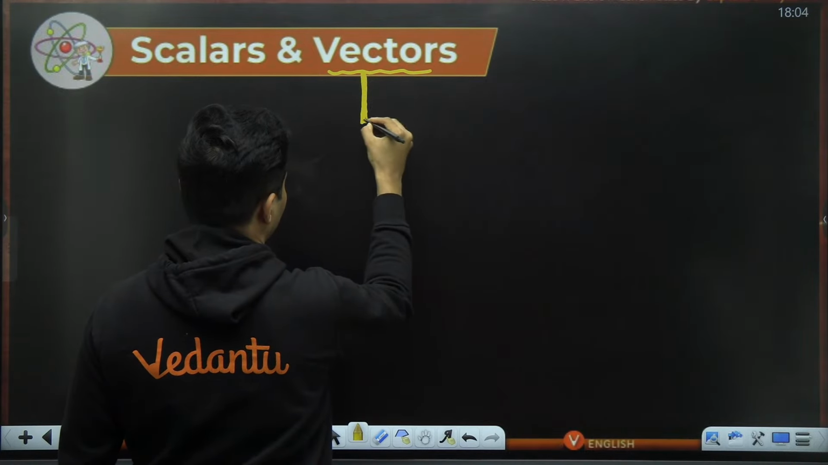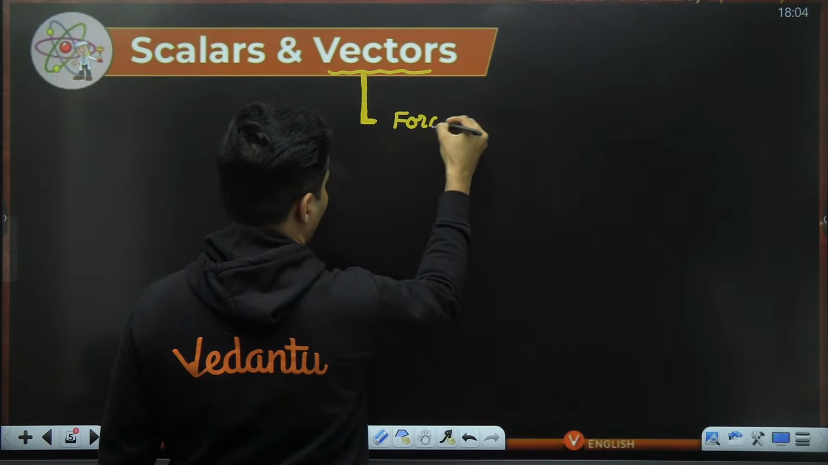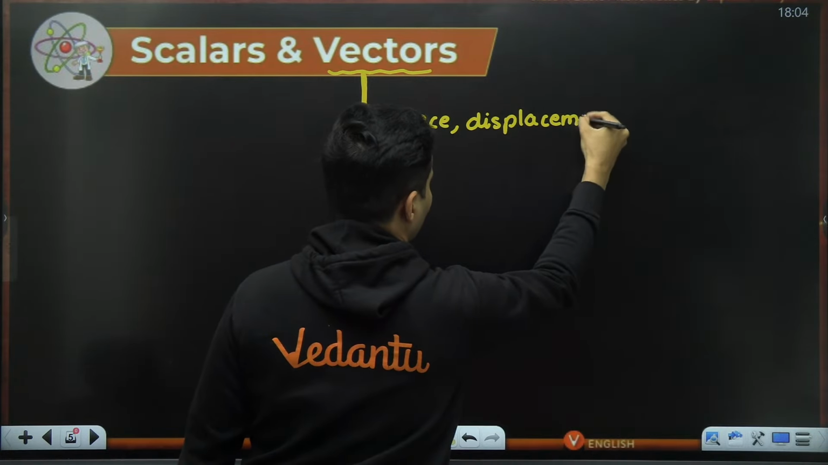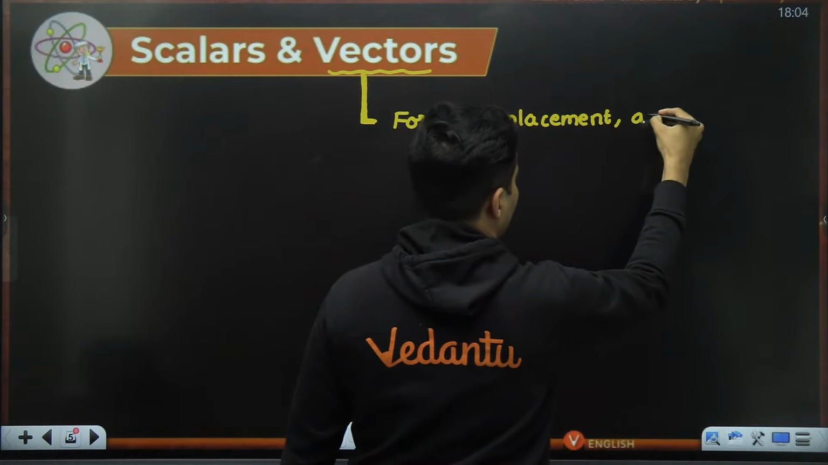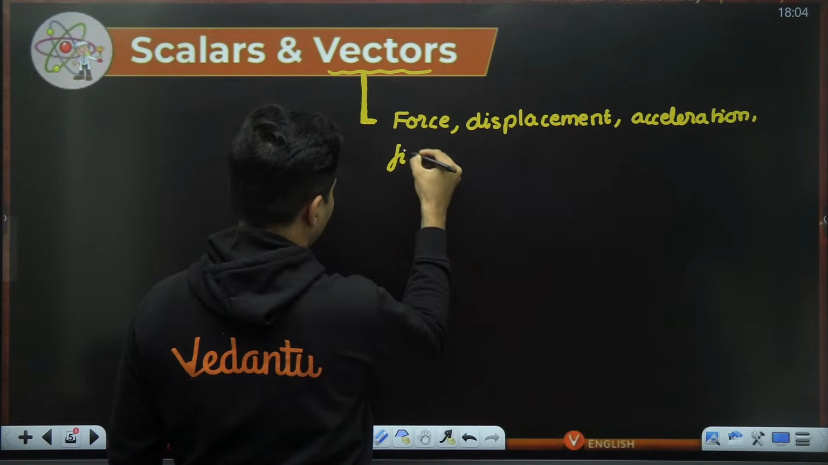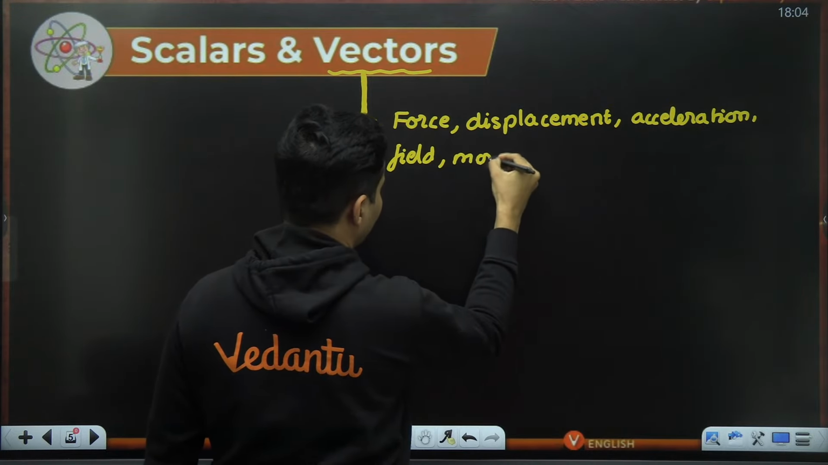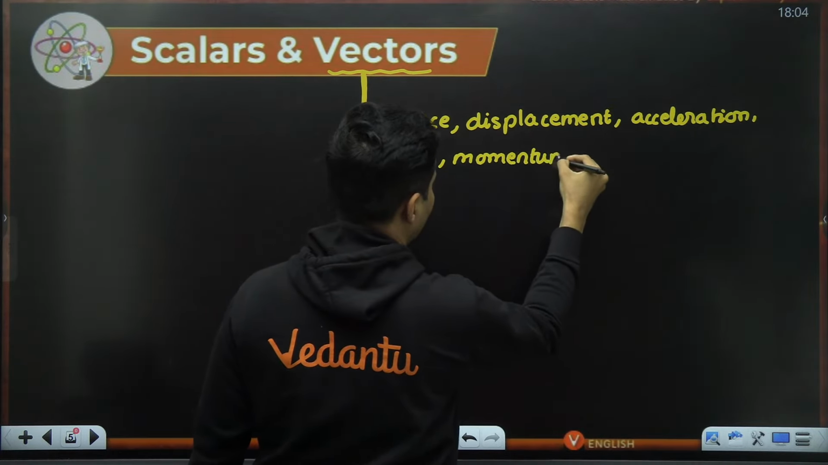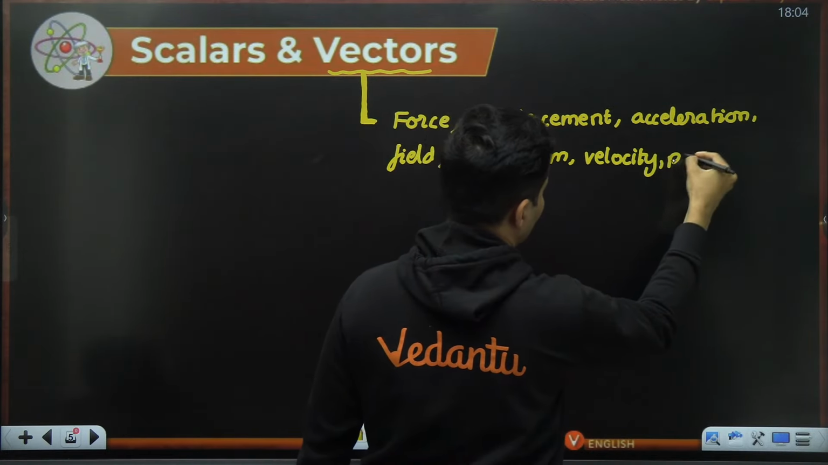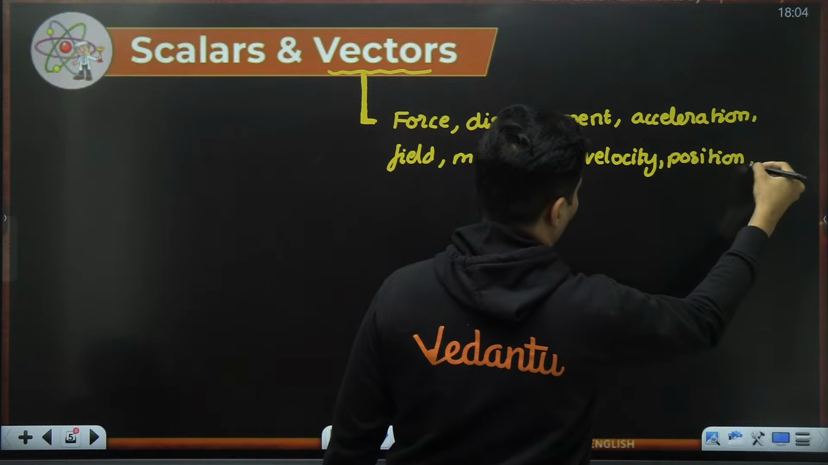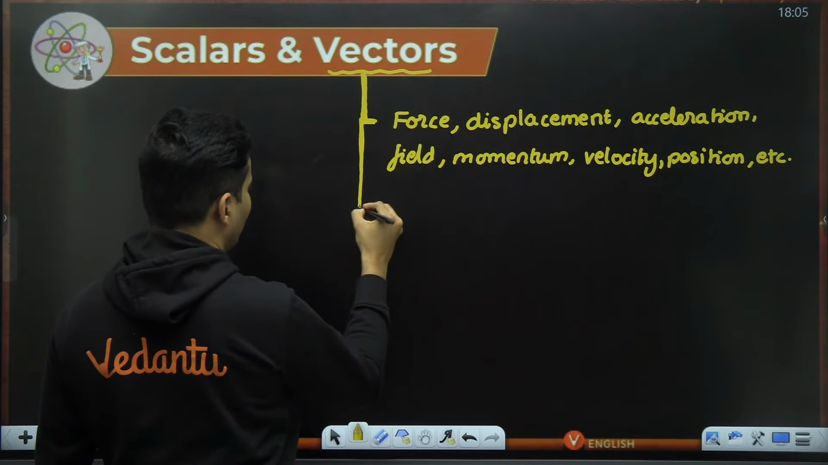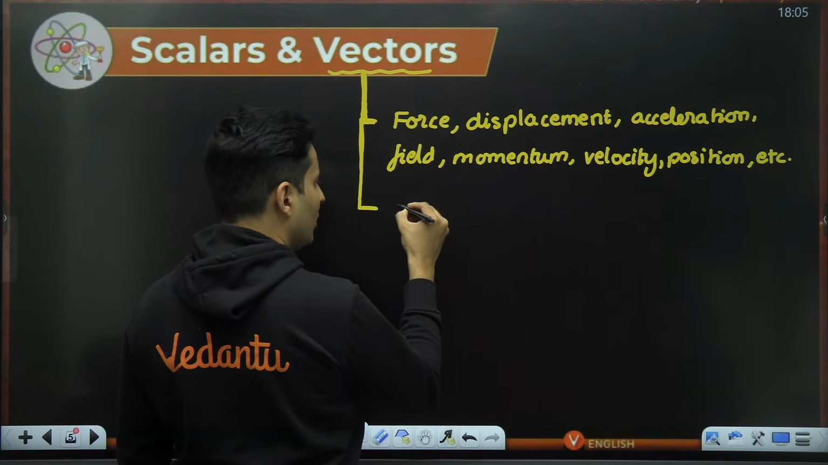like, for example, force, displacement, acceleration, field, momentum, all these things are vector quantities. Velocity, position, so many others, etc. These are all vector quantities, and one thing common in all these quantities is that you